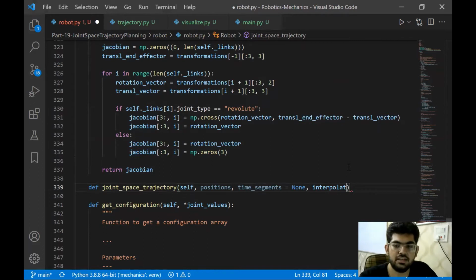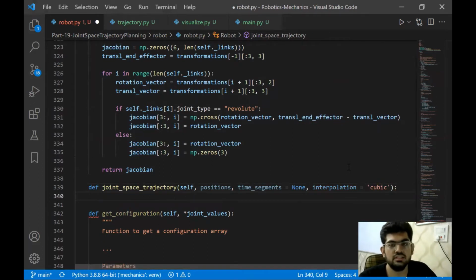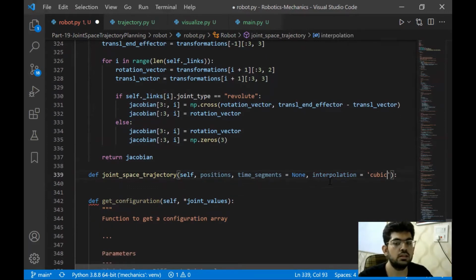And then we can specify the interpolation that the user wants. The default interpolation is going to be cubic, but the user can specify it to be linear as well. All right, when this project develops, we are going to have more than this cubic and linear interpolation for sure. In that case, this function would need to be modified as well to take care of this time segments.